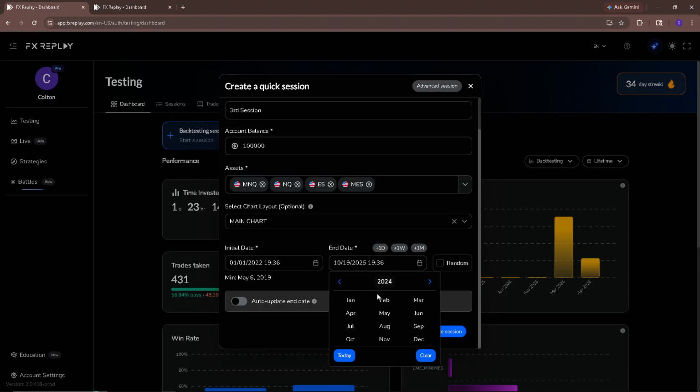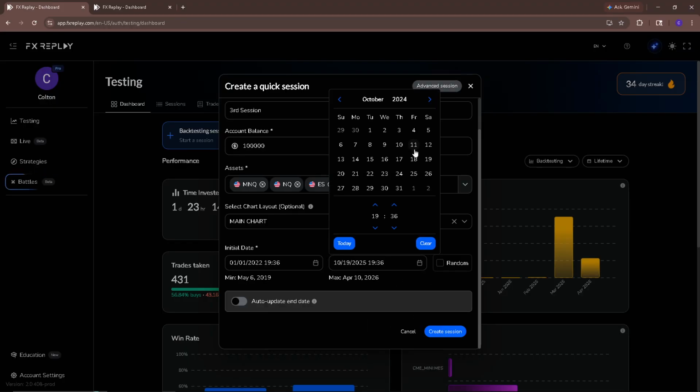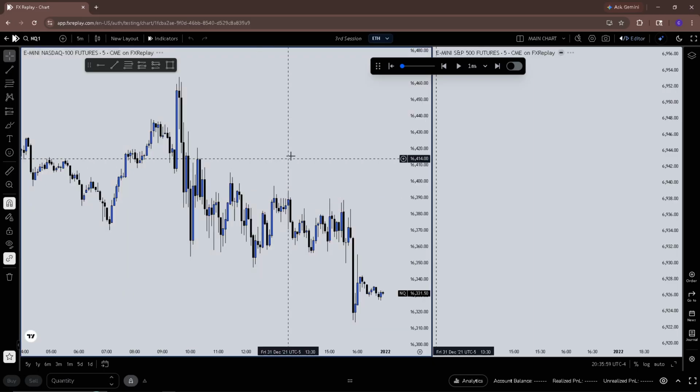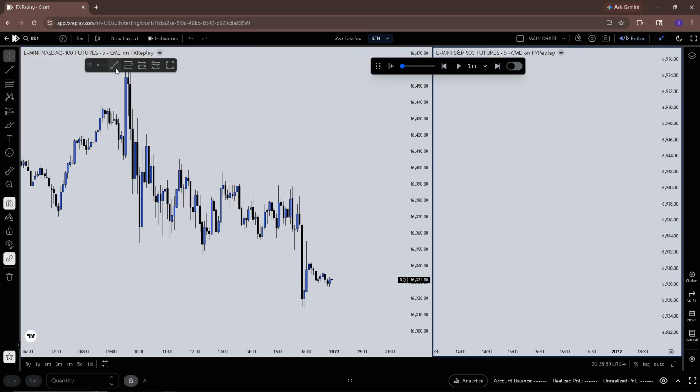Gosh, it makes me go through and back into the whole thing. Perfect. Alright, let's just go ahead and get started here. See what we can do.